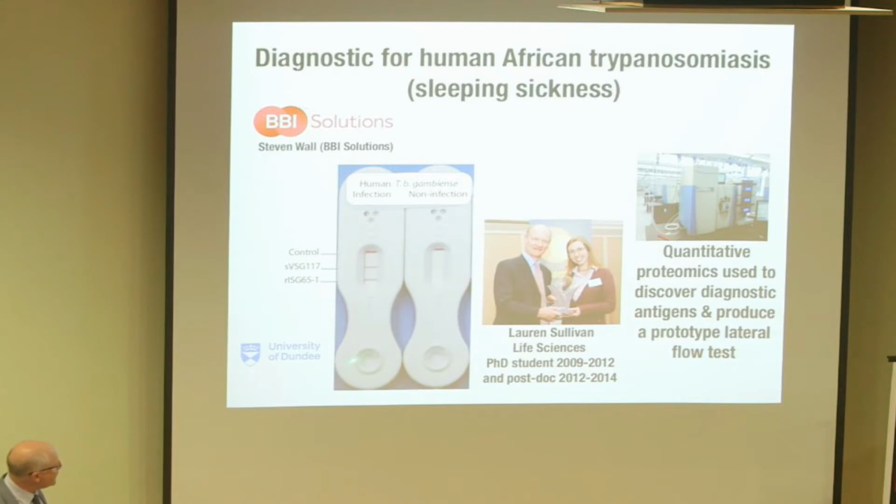But here you put a spot of blood on these test pads, followed by a couple of drops of buffer. And if you're not infected, you just get the control test complete band lights up at the top. But if you're unfortunate enough to be infected with human African trypanosomes, you will get two test bands come up in pink as well. So very high-tech technology to develop the device, very low-tech device for use in the field. So these cost about 50 US cents each, okay, to diagnose in the field African sleeping sickness. And you don't need any equipment. You don't need electricity. You just need a pair of eyes, okay?